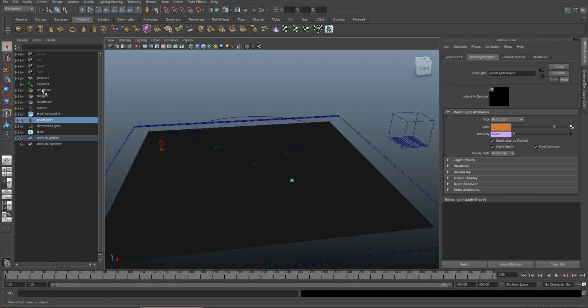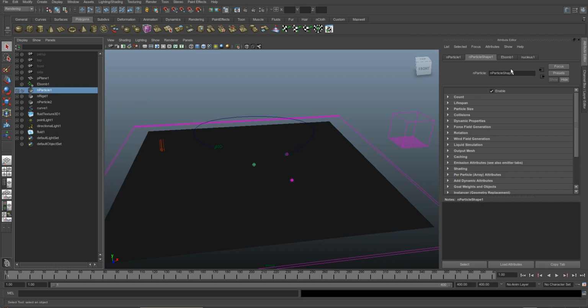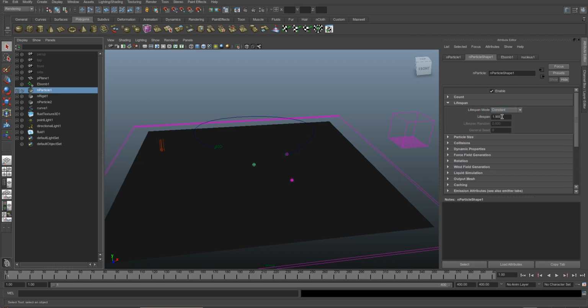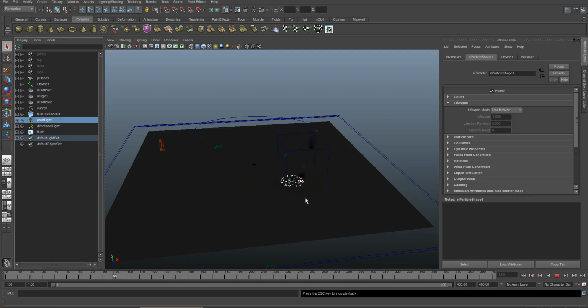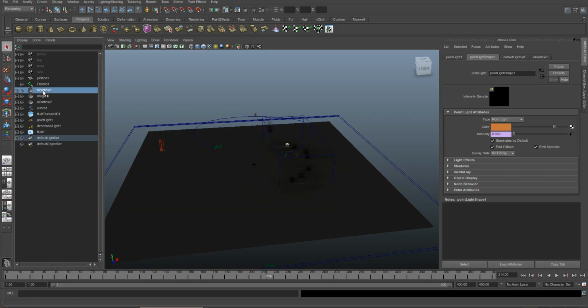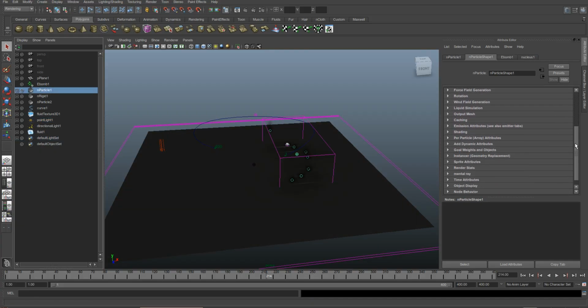What we're going to do is go up to the nParticle here, go into its shape node, and our lifespan at the moment is constant at 1.9. If we switch this to live forever, you'll see our problem here resolves itself. The only problem with this is that our particles now live forever, but you'll notice that our secondary explosion still happens in the right order, because when we designed our scripting for this, which you can find under the nParticle